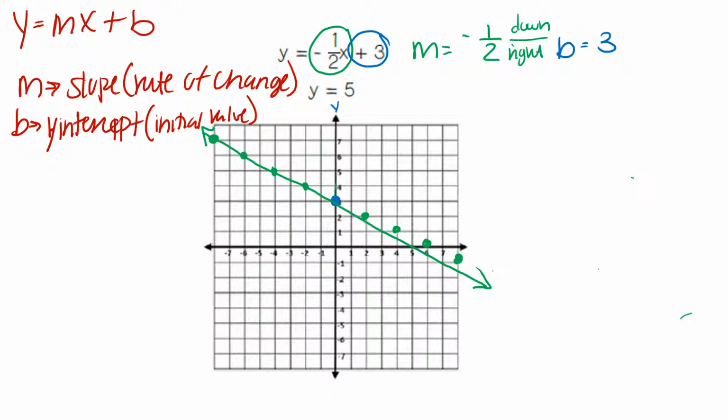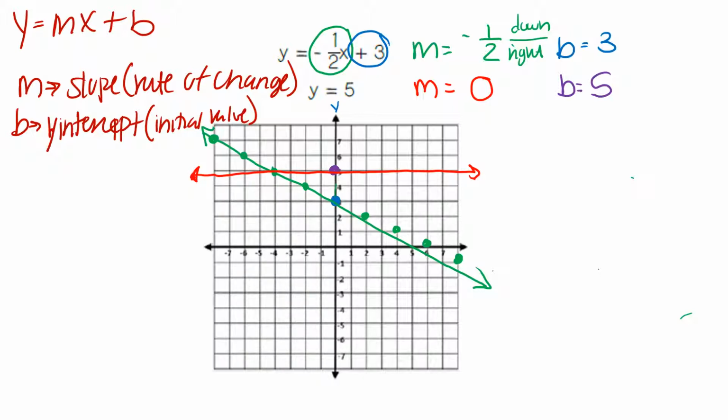Now, for your second equation, y equals 5, the mx is missing. There's no x variable, so that means there's no slope. Our b value is the number there, the positive 5. We graph the b value first, the initial value, the y-intercept, so we put a point at 5. Our slope, our rate of change, is 0, meaning we cannot go up or down. It is a straight horizontal line,